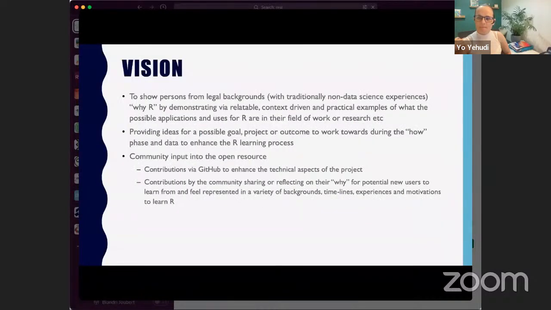The vision for this project has been simple. I drew on my own experiences as someone with a legal background learning R for the first time. I started learning R during my postgraduate study without much technical support from my faculty or department. I relied heavily on other fields of research and our users and the resources, sources for examples, information, and tips